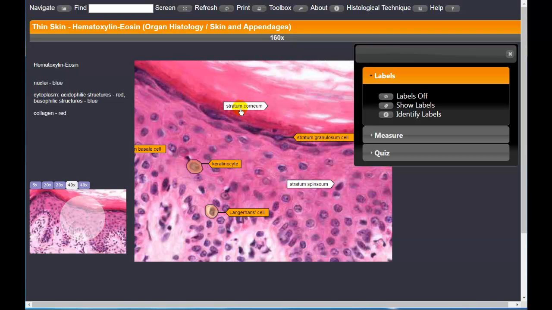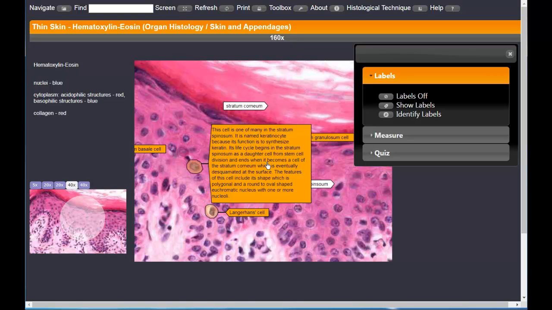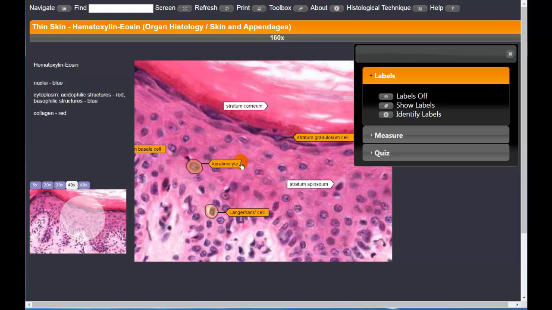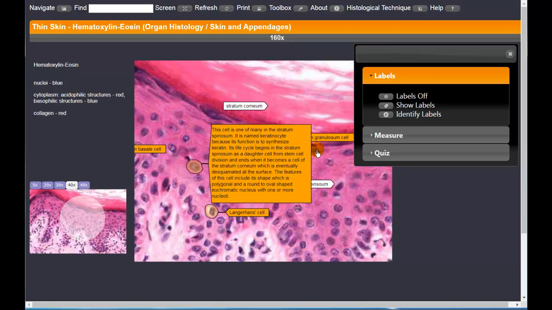If it's got a white background, there's no text related to it. If it has a highlighted background, then you can read online directly a description of this particular cell. This particular cell is, and then you click it. So the keratinocyte, you can read all about it here. Okay, so